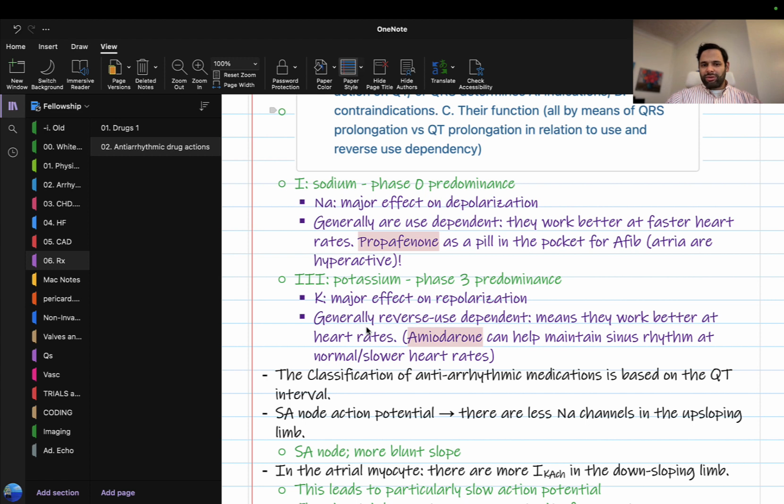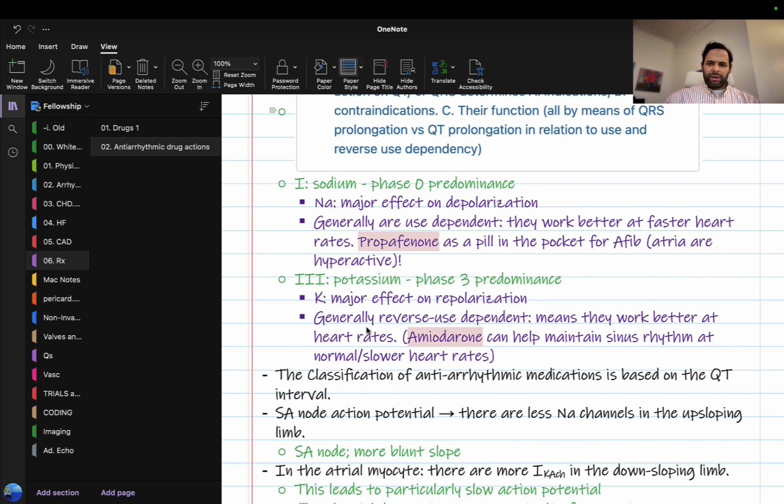So what do I do to prevent propagation to the ventricle and having a VT when I'm trying to stop AF? I'm trying to help my patient. I don't want to make them worse. I give them a beta blocker ahead of time. And so the idea that propafenone is a pill in the pocket approach, it should be a 2 pills in the pocket approach. You give the patient a beta blocker, tell them once they start feeling symptoms, they take the beta blocker first, and then if they can wait for 20 to 30 minutes, they take the propafenone at that time. The beta blockers won't slow the atria enough in any way to prevent the use dependency.